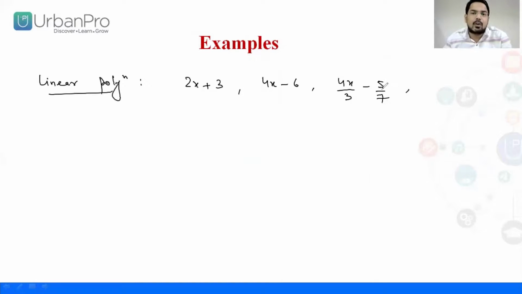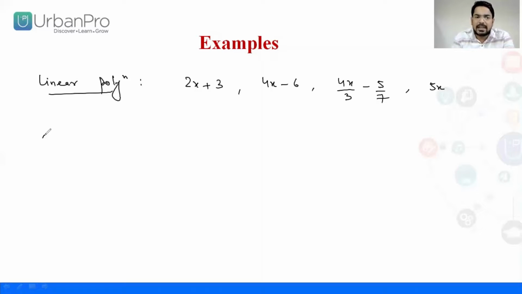In fact, we do not have to write a binomial here. Even 5x will also be termed as a linear polynomial, since the degree of the polynomial is 1 and there is no negative power or fractional power in this polynomial. Right? So the constant doesn't have to be there. In the general form, we have constants.